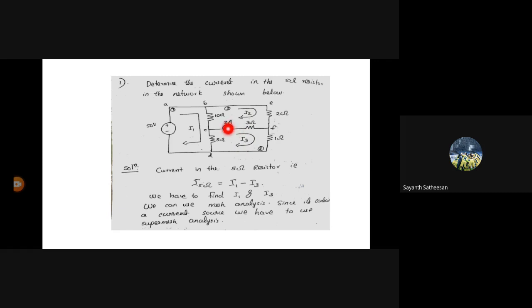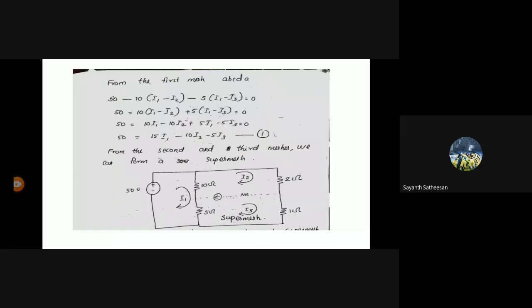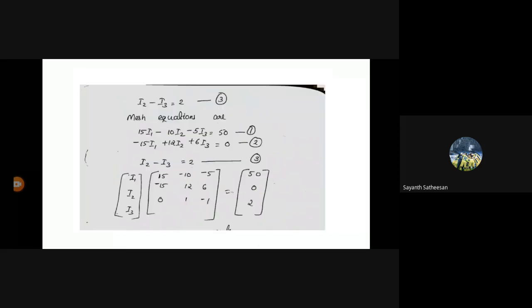That is the third equation. Here I am taking I2 minus I3, but not I3 minus I2. Why am I taking I2 minus I3, not I3 minus I2? Because you know that the 2 ampere current source is in the direction from F to C, right? So the net current is from F to C, and the maximum current will be in the same direction. So I2 is maximum, so I2 will be the greater quantity. That is why I am taking 2 ampere equal to I2 minus I3. So the third equation you can write as I2 minus I3.